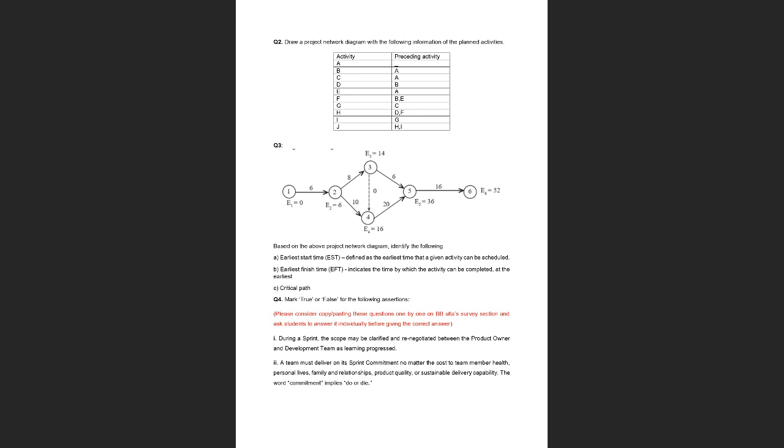Okay, so now what about 2, 3? What is the earliest start time for 2, 3? We have a duration of 6 here, and activity 2, 3 can start only after 1, 2. So only after the 6th day can we start activity 2, 3. So earliest start time will be 6. What about 2, 4? What is the earliest time that you can start 2, 4? Yes, correct, 6 again.